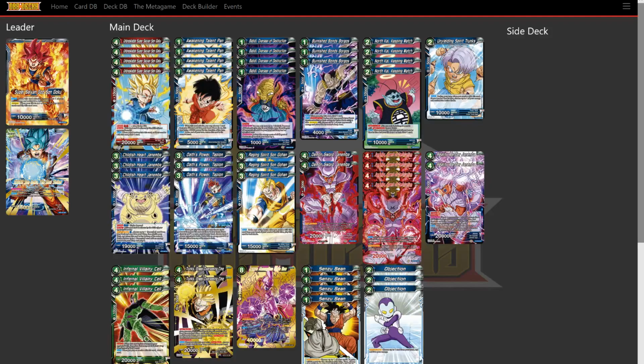Some people are saying Shenron out there. I really don't like using Shenron, just because I hate being all tapped out most of the time. The only decks I'm not afraid to be tapped out with are red decks, because they have a lot of negative effects, or green decks because they have a lot of KOs. But having a black leader, it's troublesome being all tapped out,